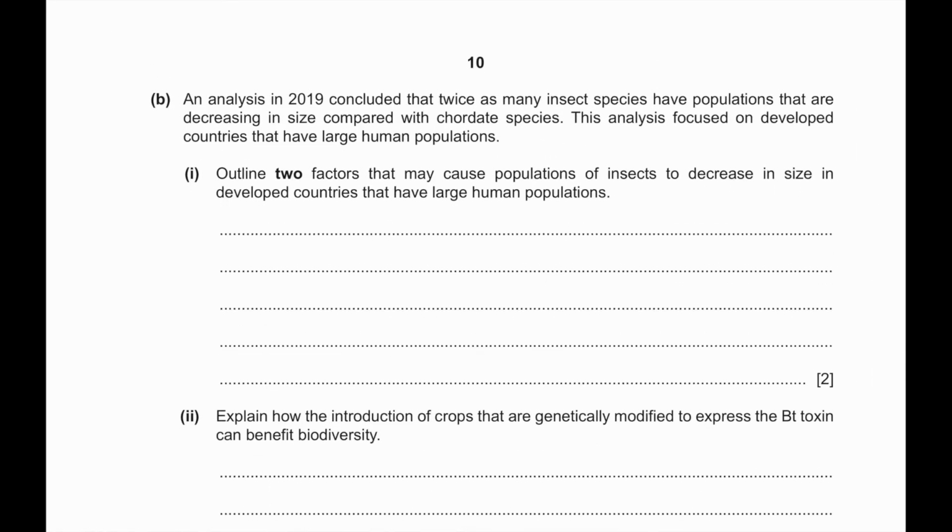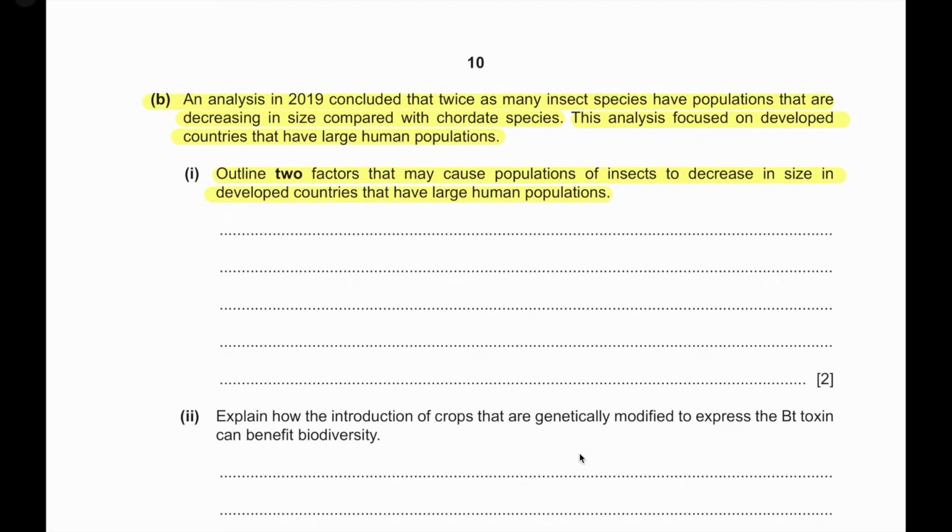Part B, an analysis in 2019 concluded that twice as many insect species have populations that are decreasing in size compared with chordate species. These analyses focused on developed countries that have large human populations. Outline two factors that may cause populations of insects to decrease in size in developed countries that have large human